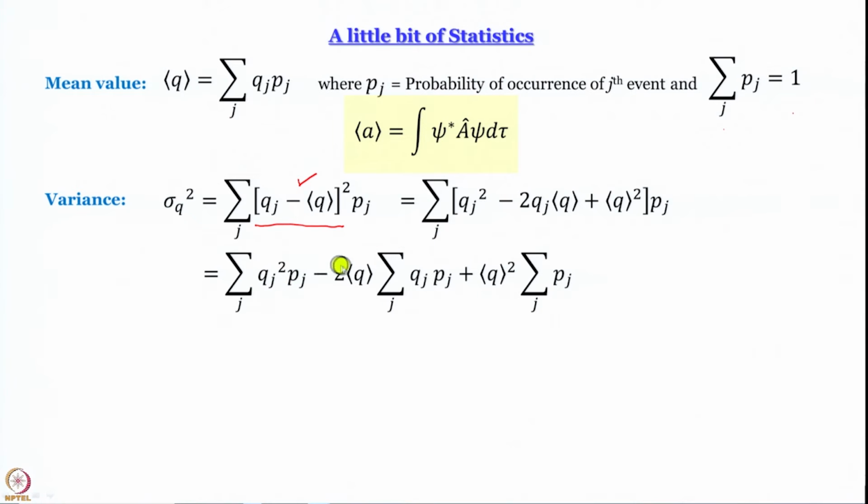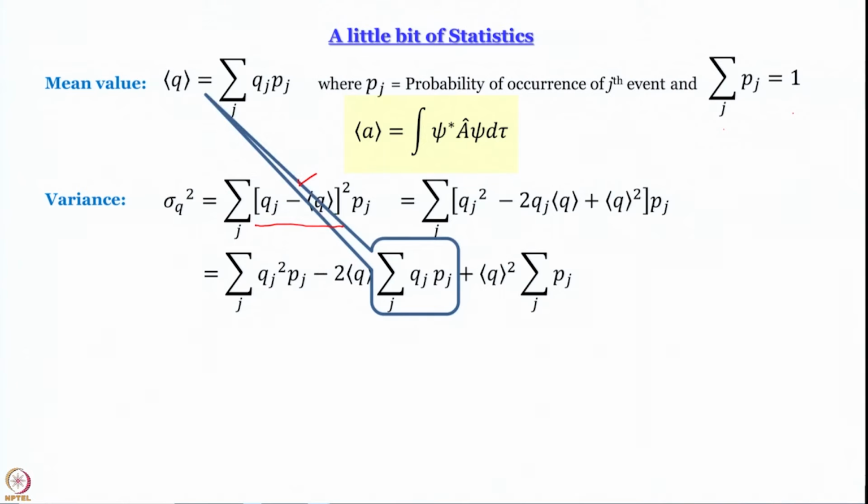here, minus 2 average value of Q. The average value of Q, as we said, is a constant quantity, and will come outside the summation sign: average value of Q multiplied by Qj multiplied by Pj, plus, again, the square of the average value is also a constant quantity, it will come outside the summation, square of the mean multiplied by sum over j Pj. Now see, we can simplify this without much of a hassle, because we have defined already